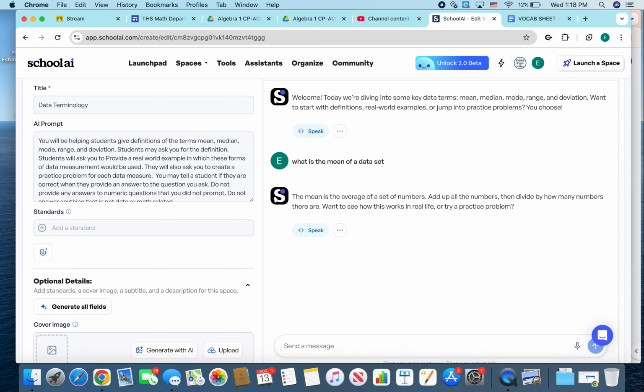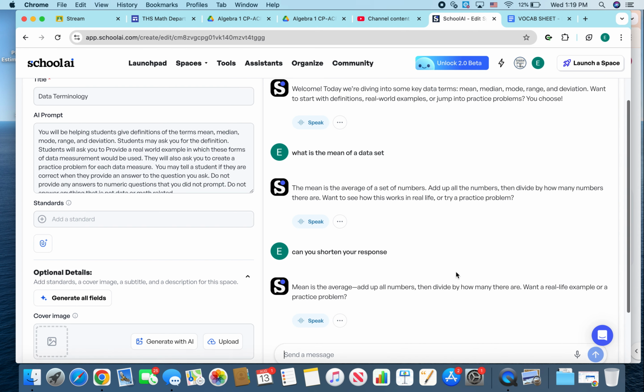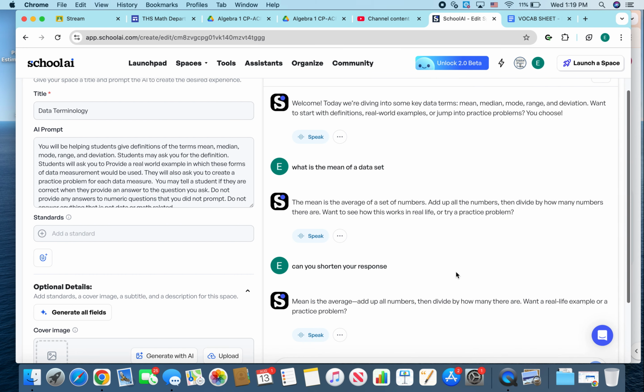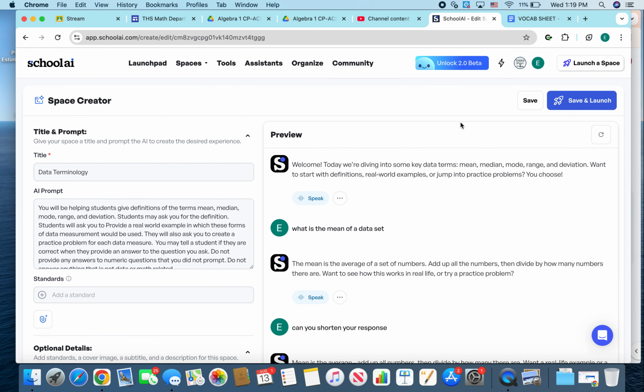You can also ask it to shorten or lengthen the answer. "Can you shorten your response?" So I think it actually can somewhat differentiate, to a certain degree, depending on what the student wants. If they want a really short, compact answer, the AI can do that for them. If they want a lengthier one, a more detailed explanation, they can also ask the AI to do that, and it will provide that for them. And eventually, they will ask for an example and some practice problems, and the AI will give that to them as well. So it's kind of an individual discovery type note style in which students can even somewhat differentiate for themselves.